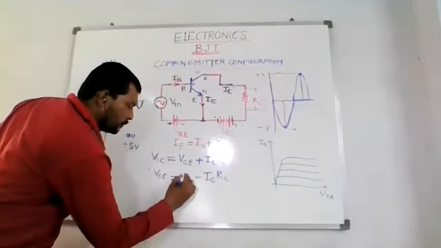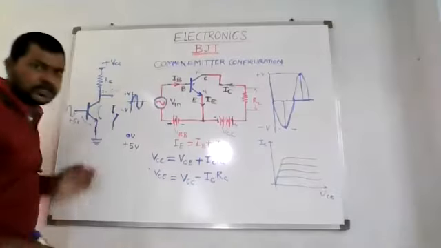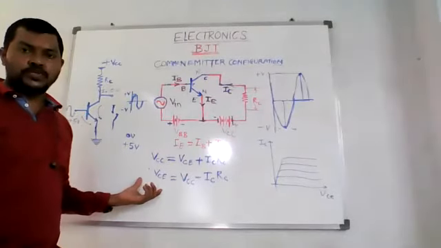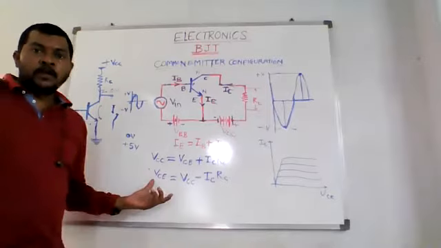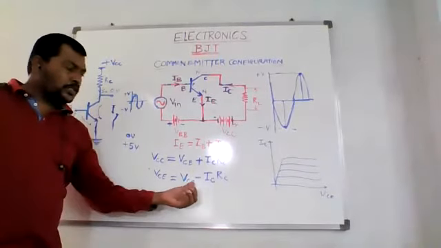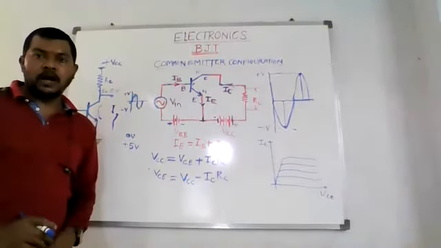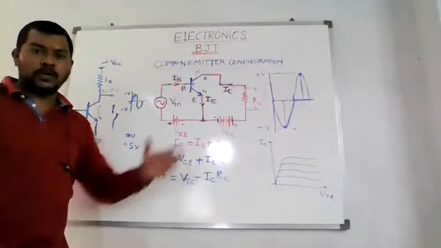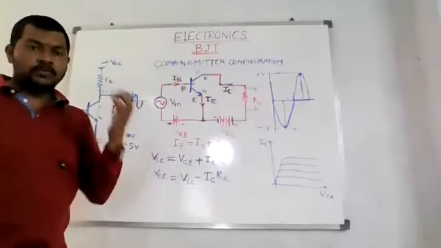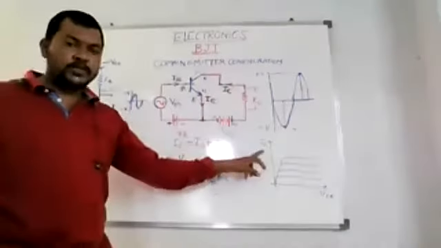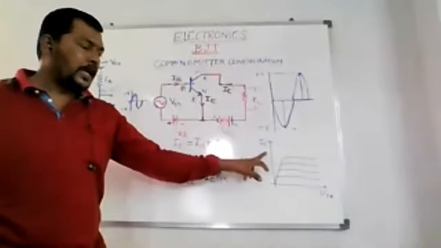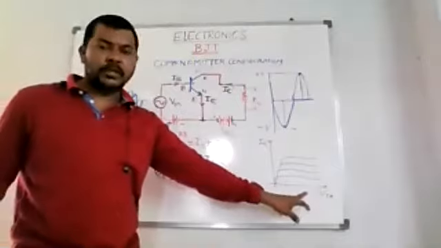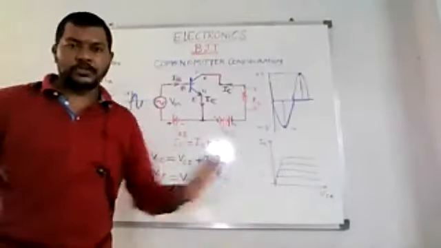I guess it is visible. दिख रहा है क्या आपको? Equation दिख रही है? So I have these two situations. Okay. So VCE equal to VCC minus ICRC. Now how we are going to do that? So we will have 2 points. At one time we'll take IC equal to 0, and the other point we'll take VCE equal to 0. We'll get 2 points on that, right?